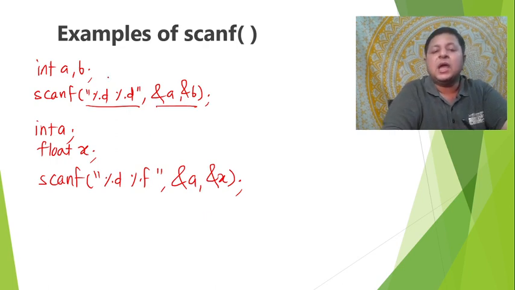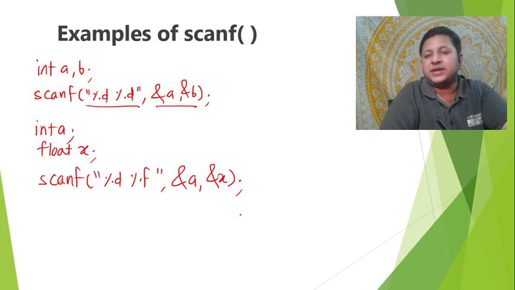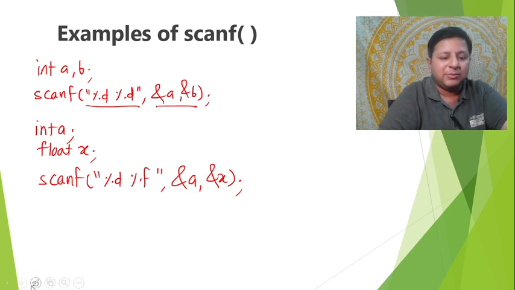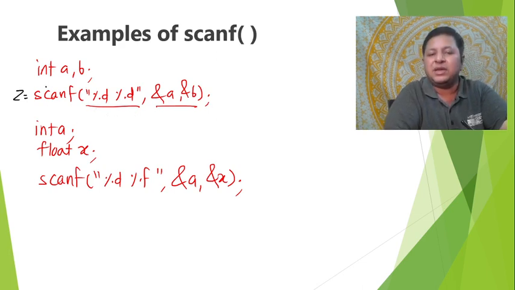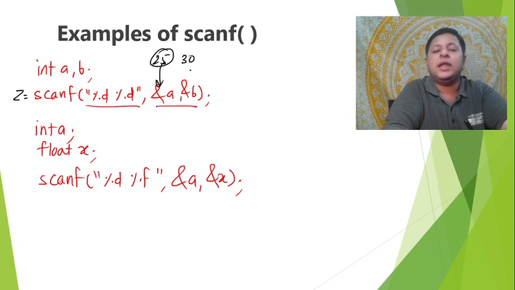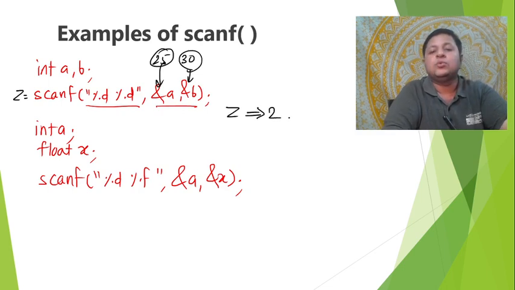Now, the next point is, what about the return type? We have not used the return value of scanf. Obviously scanf returns the number of arguments read successfully. For example, if I do z = scanf("%d %d", &a, &b), even though I generally don't do that, and if I could give two integers successfully, suppose I had given 25 space 30, then 25 got stored in a, 30 got stored in b, and later when you check the value of z, it will be 2.